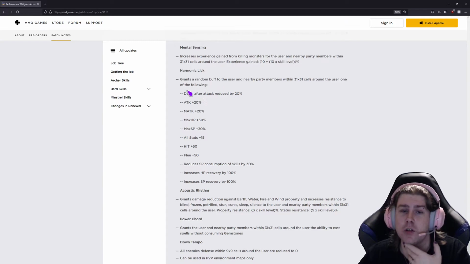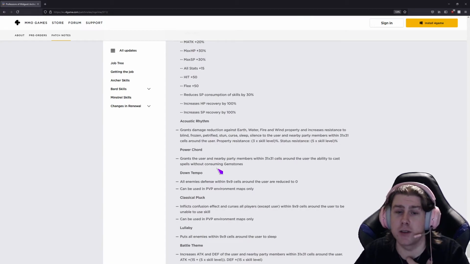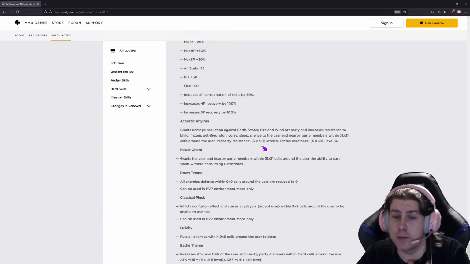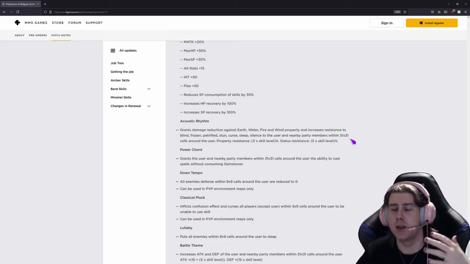Okay. So you can get a random buff, and they're all really, really good. I mean, look at them. This is huge. Right? Acoustic Rhythm grants damage reduction against earth, water, fire, wind. Increase resistance to blind, frozen, petrified, stun, curse, sleep, silence for everybody. Okay, again, this is reduced damage taken across the board from elemental attacks, and make sure you and